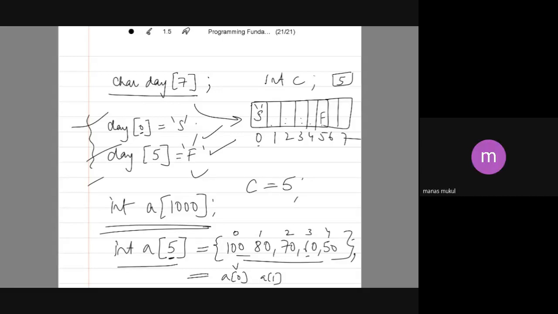You're talking about this, the upper part? Yes, sir. Day 5, the F is going to be stored in number 4. So day 5 means 1, 2, 3, 4, 5, 6th place. So you mean to say where this is going to be stored? Day 5, the F is going to be stored in number 4, because it starts